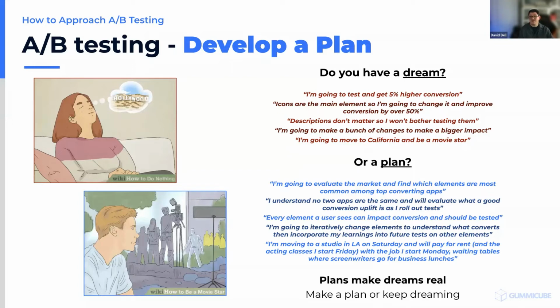One, you want to evaluate the market and understand which elements are working among your peers and in your category. No two apps are ever going to be the same, but understanding how consumers behave and what they convert on as they're browsing the store is really, really important from a research perspective. We want to make sure that A/B testing is iterative and we're changing elements in a controlled environment so that when something works, we know why it works and how it works so that we can replicate that and isolate elements that are positively impacting the user journey for our application.